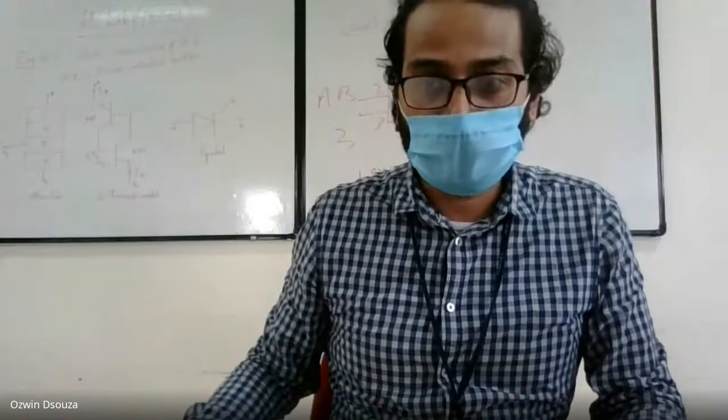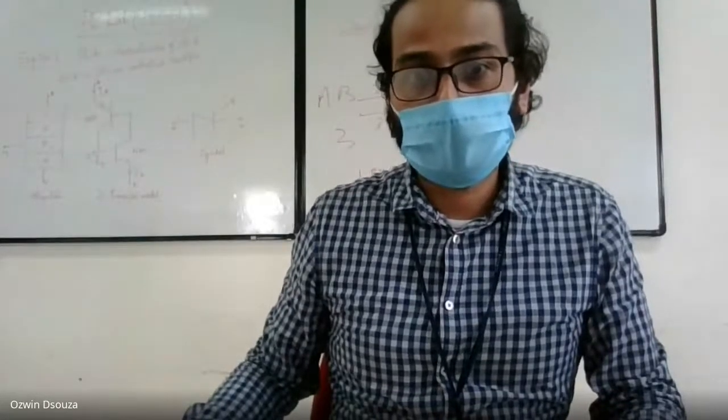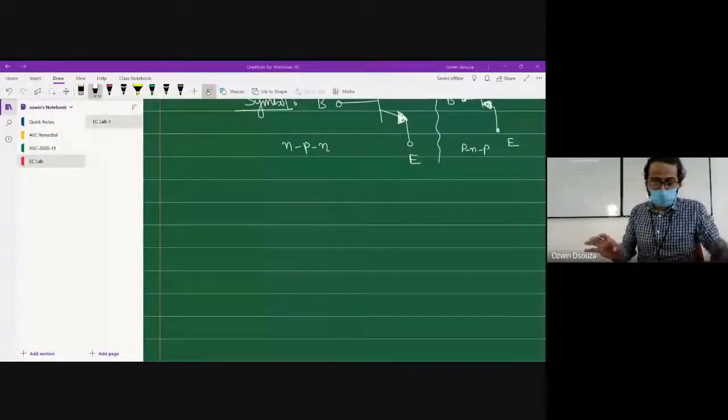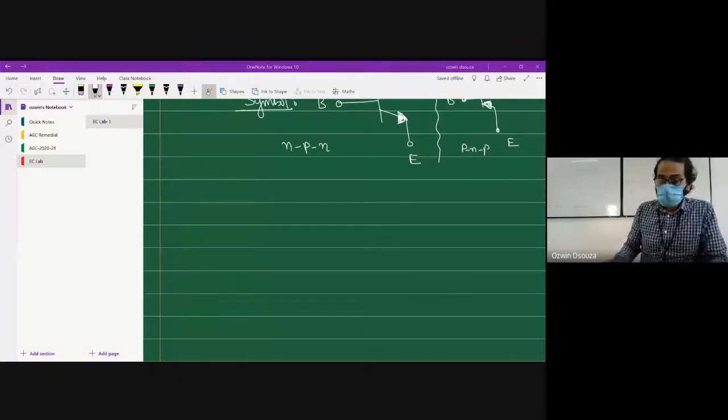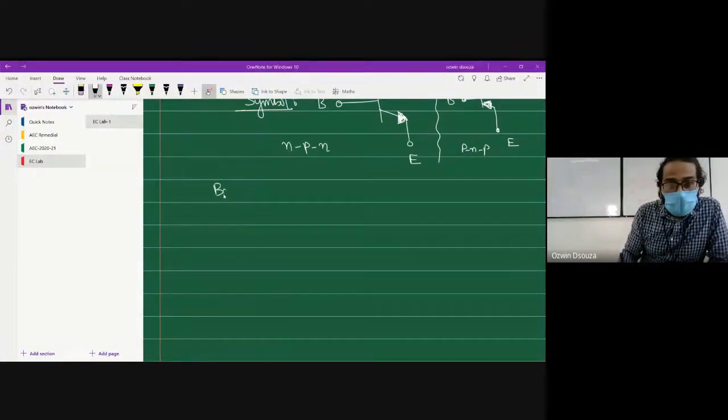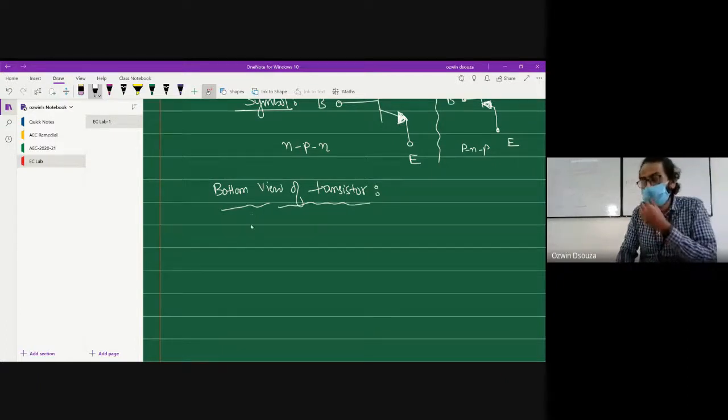Yeah, present the screen. Okay, so you had seen the transistor, right? It was kind of circular in nature. So I will draw the bottom view of the transistor. And I will share the images of all the devices that we are using in the laboratory, so that you will be able to compare these notes with the devices. So the bottom view of the transistor looks something like this.